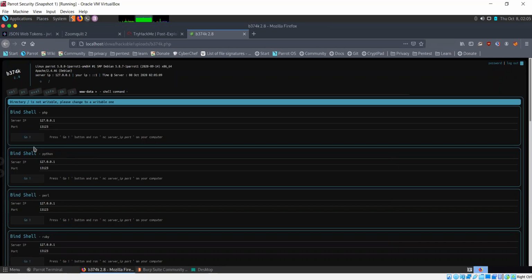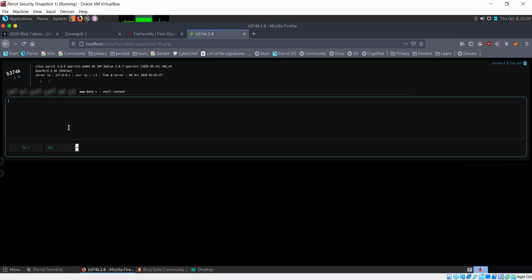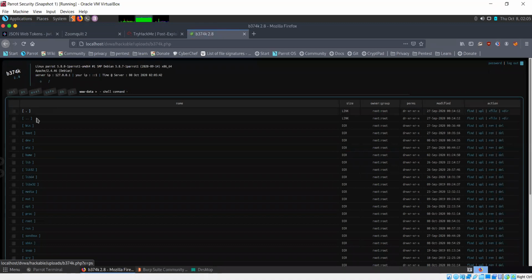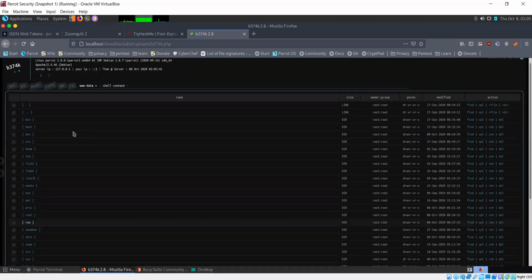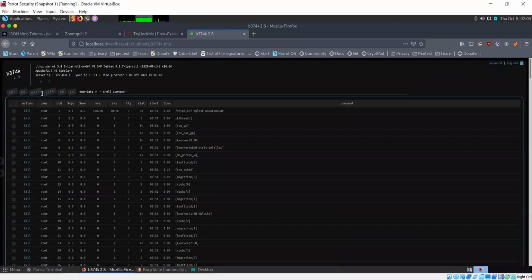You can click on go and run nc, so you can connect to this using netcat. Eval is going to execute any code that you tell it to, in whatever language you want. And Explorer is your file explorer. PS is going to tell you the list of running processes. You can kill these processes as well if you want.